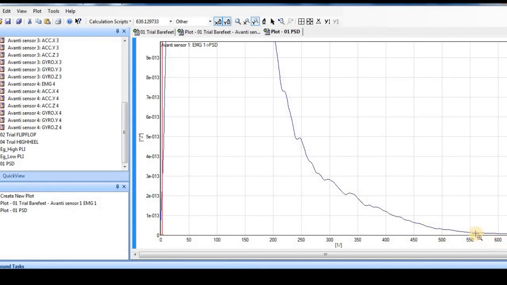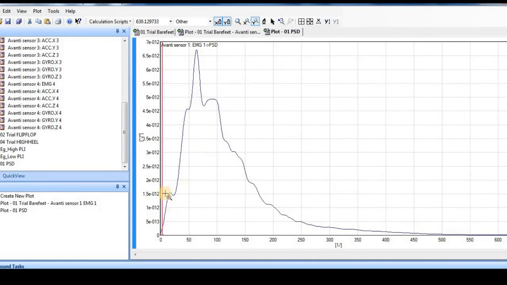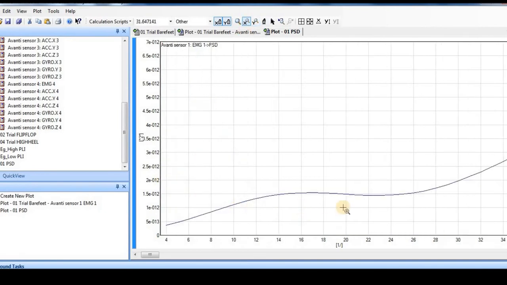So let's say I will set my low pass cutoff frequency at around, let's say, 550. And if I go to the other part of the graph, let me just squeeze it back again, and now if I zoom the x-axis, I can see somewhere here it starts rising and taking a fair shape. So let's say 20.